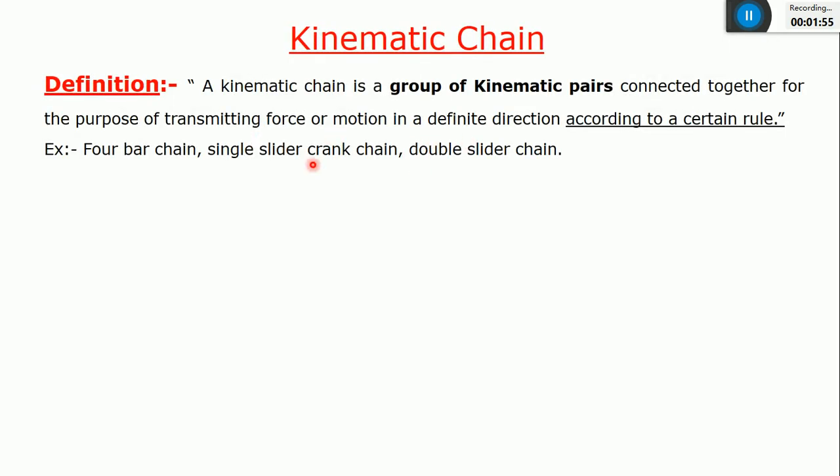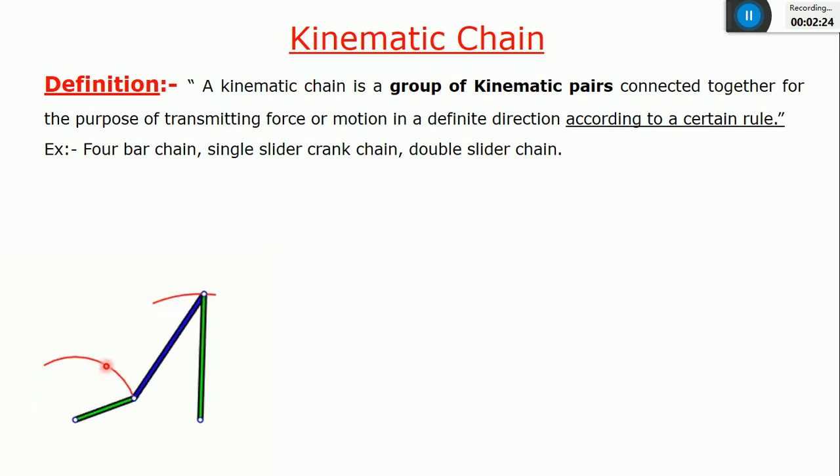So this was the topic known as kinematic chain. I have considered a four bar chain. It means there are four links. One is a fixed link, so the platform or frame I can consider as link one. This rotating part is known as a crank. And this blue color link, which has a combination of rotary as well as linear motion, is a coupler, or you can call it a connecting rod also.